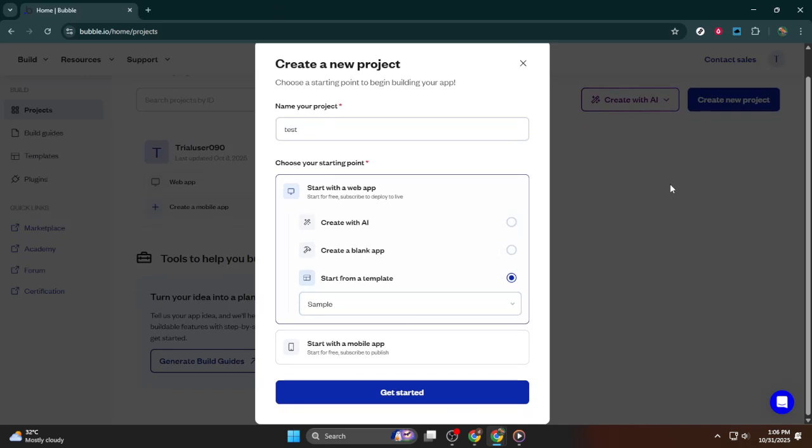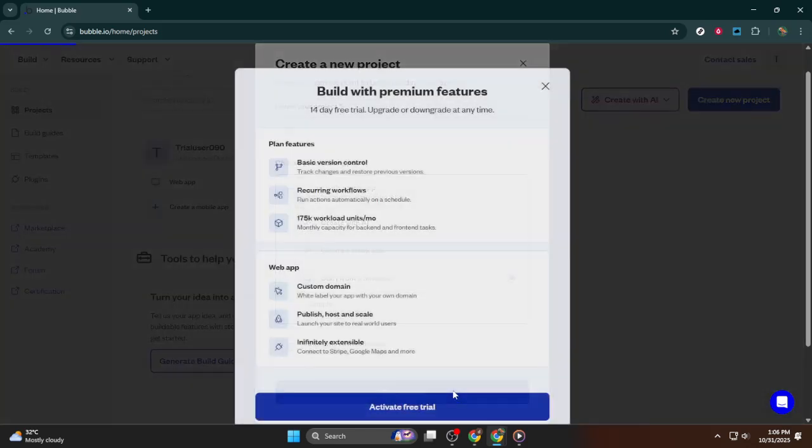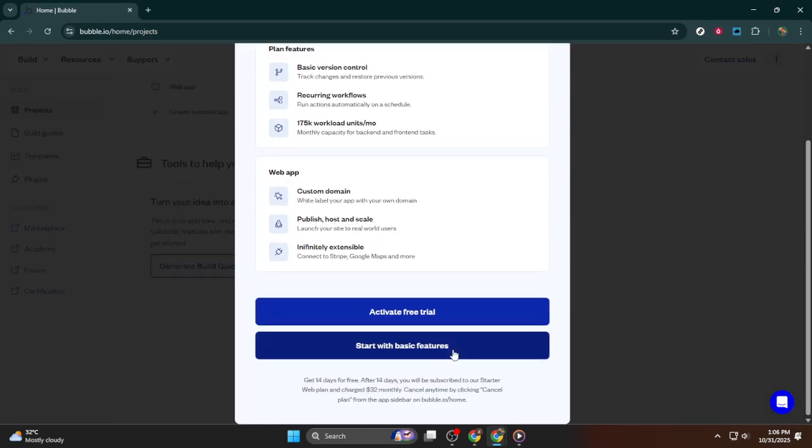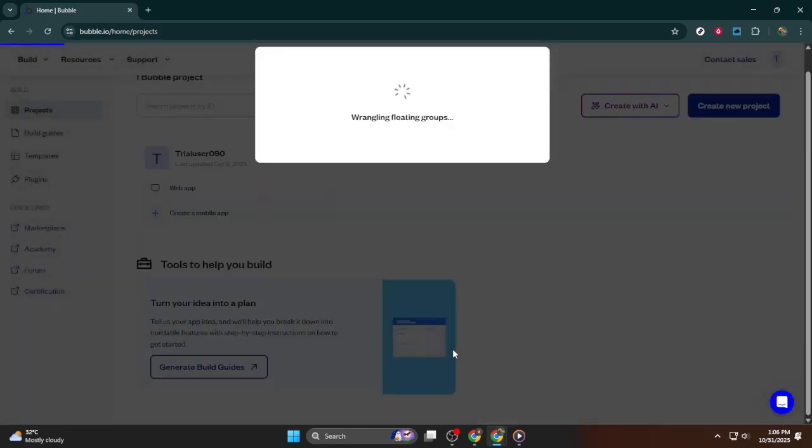This platform provides a sleek, intuitive layout that makes navigation a breeze. As you might find, building something new can sometimes feel overwhelming, especially if you're new to this. Bubble.io offers an option to start with basic features. By selecting this, you'll equip yourself with essential tools and elements that streamline your building process. Here, you have access to foundational setups like navigation menus and standard page layouts, perfect for getting a structured jumpstart